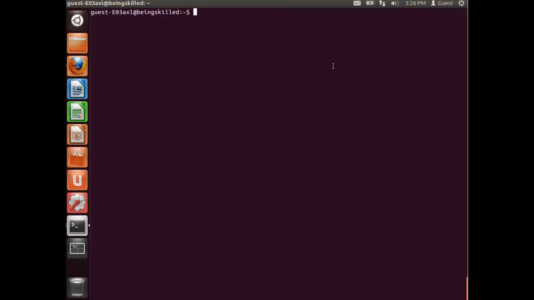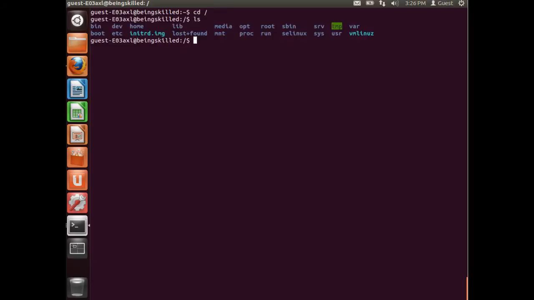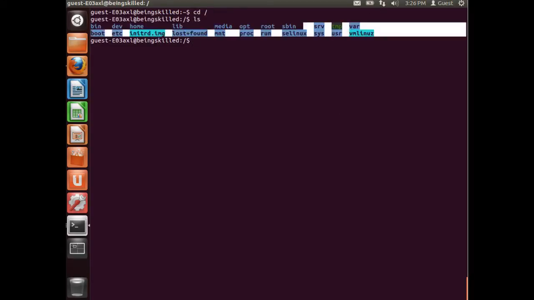In this tutorial we will explore the root of Linux. So what does a Linux based operating system consist of? So now we will just go to the root folder, which is just open the terminal, type cd space slash, and it will take us to the root, and these folders are inside the root.